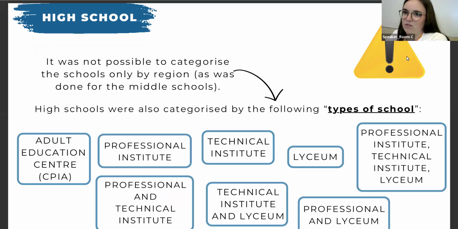In the high school case, we cannot do the same because, as in many other countries, in Italy we have lots of different types of high schools, and we wanted to keep these different types of schools in our analysis. You can see that we have lots of different types and mixes of these types. We can have only a professional institute, or only a technical institute, or only a liceo, but also a mix. So a school can be professional and technical, or professional and technical and liceo, or something like that. We have all these 8 types of schools, and we kept the type of school and the region to create the representative sample for the high schools,